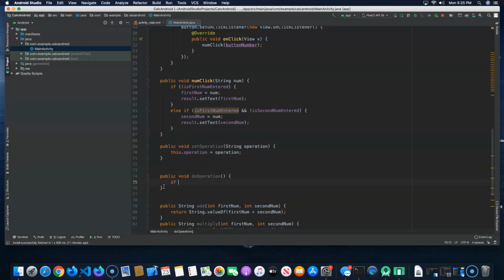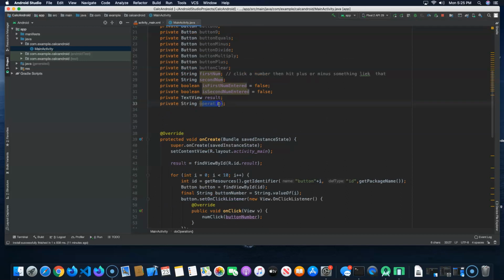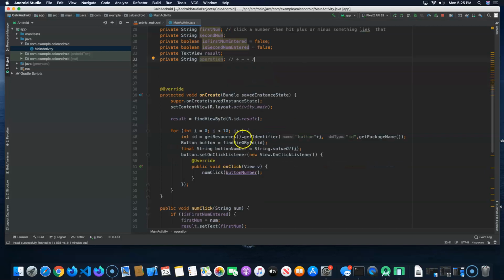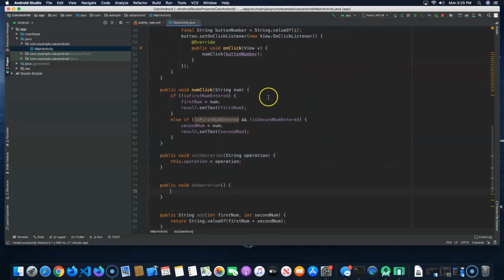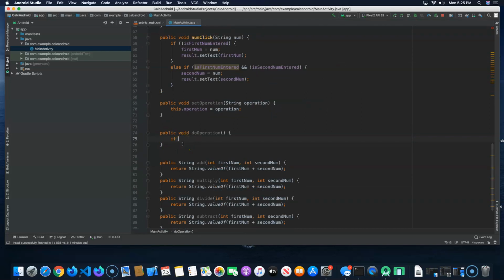We have an operation string up here. This operation string is either going to be plus, minus, multiply or divide, a little asterisk, or you can set that to an X too, it really doesn't matter. We're just going to check if operation equals